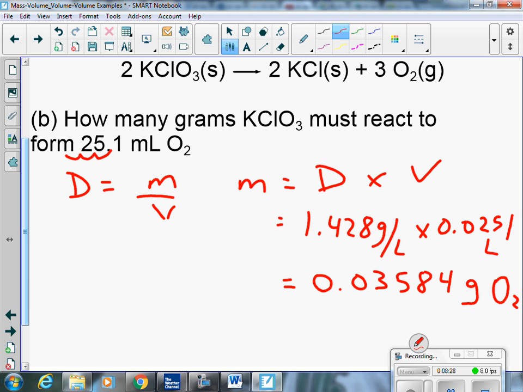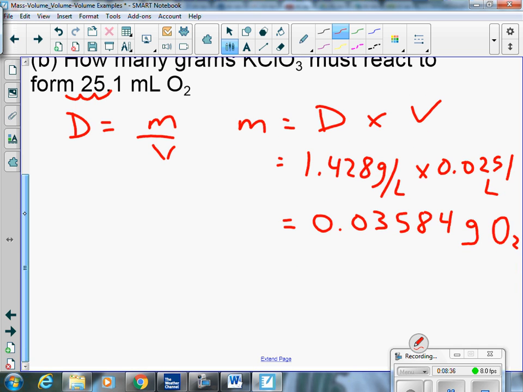That's grams of oxygen, correct? Now, what I need to do is go mass to mass, grams of oxygen to grams of potassium chlorate. Okay? So,